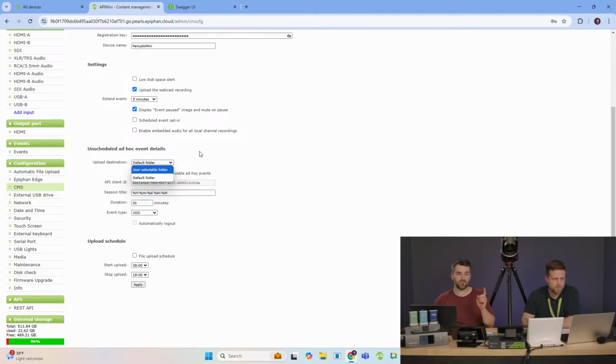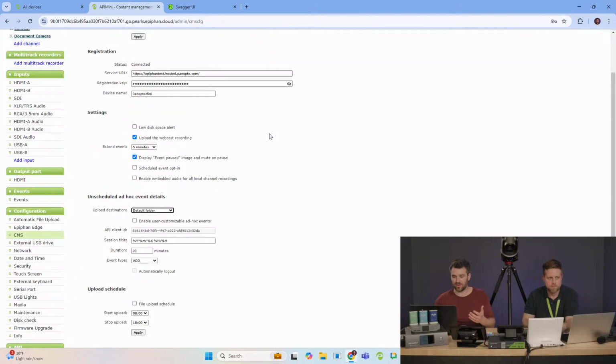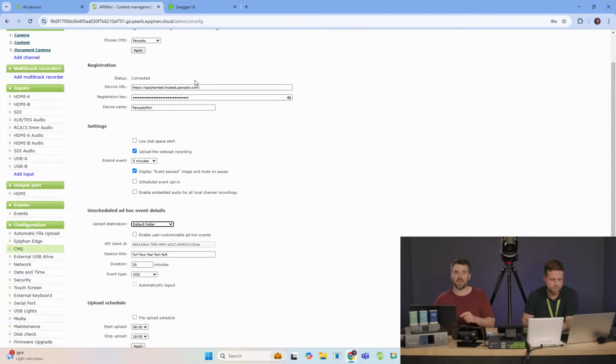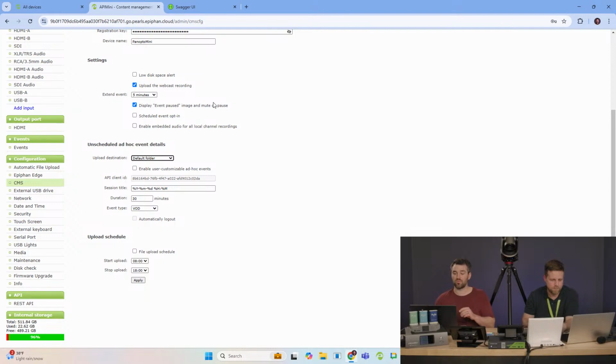Now the cool thing here too, at least on the Q-SYS right now, and you could program this on other devices as well, using a user token that you get from Panopto and a username and password, is you can actually grab the folders that are available for a person that is part of an organization. So let's say, Epiphan organization here, we see we have our service URL up here. Anyone who's a part of this, and we were to use a certain token and client ID, they could put in their username and their password, and they could see their folders if we had user selectable folder enabled. We have that on a Pearl Mini touchscreen, but now you can do that with our REST API as well, which is really great.